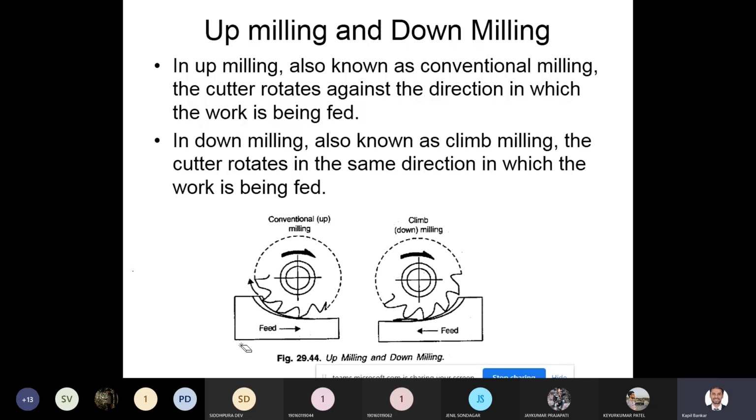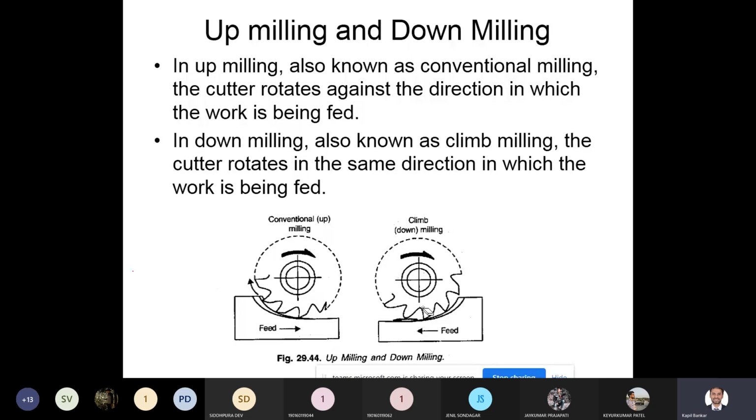Here, see in this figure, this is up milling. So in up milling, what happens? The cutter will rotate in this direction, while your workpiece will move in this direction. So both directions are called opposite directions. The cutter rotates clockwise while your workpiece moves in the direction opposite to the cutter. So your metal will be removed like this. See, this cutting edge of the tool will remove the metal from here to here, so the metal will be removed in the form of chips.